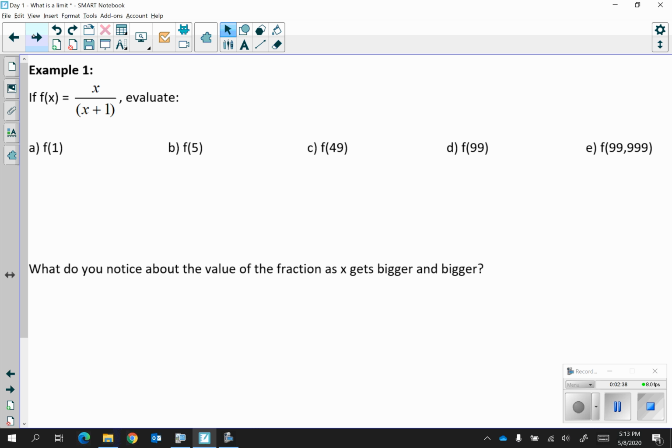So with your calculator, take the time to evaluate these 5 values. So for my first one, I'm going to have 1 over 1 plus 1. You're going to end up with 1/2, or your calculator will tell you 0.5. For the purpose of this, please leave everything in decimals. It's going to be a lot easier to compare. For the next one, you're going to have 5 over 5 plus 1. And you're going to get 5 over 6, which is